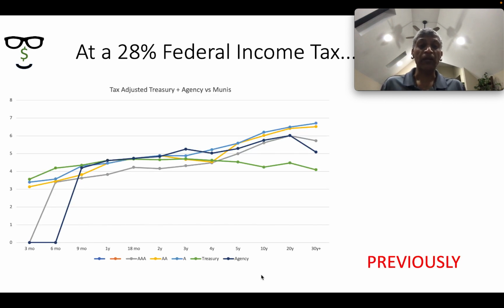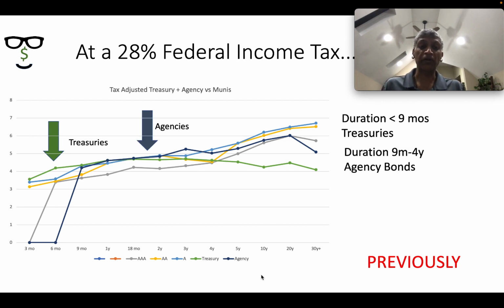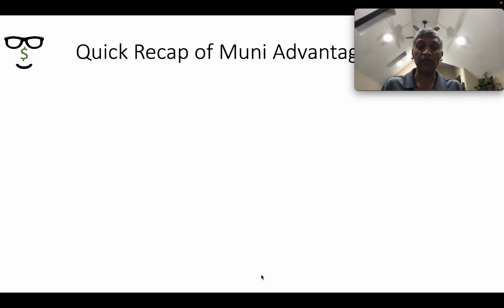8 weeks earlier, when we looked at the highest tax bracket, and the reason I picked the highest tax bracket is that it gives munis the greatest advantage. Even in the highest tax bracket, in the short duration, treasuries gave excellent returns. In the medium duration, agencies dominated. And in the 5+ years, when you threw munis at it, the single A munis indeed were advantageous only in the long duration. That's only when you compare treasuries, agencies, and munis at the highest tax rate.